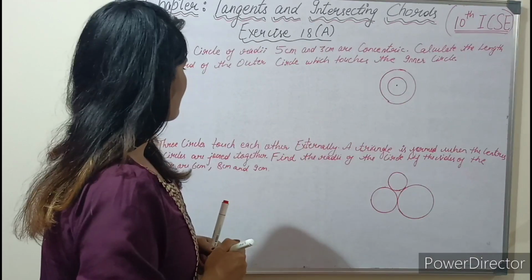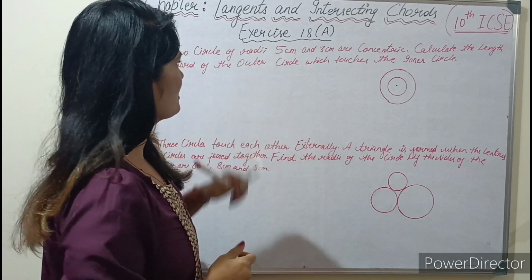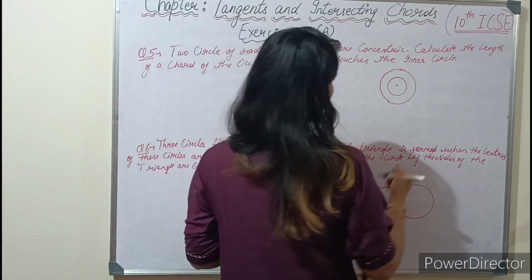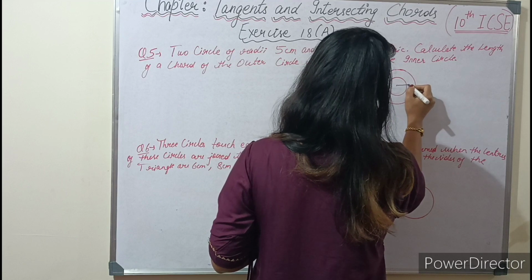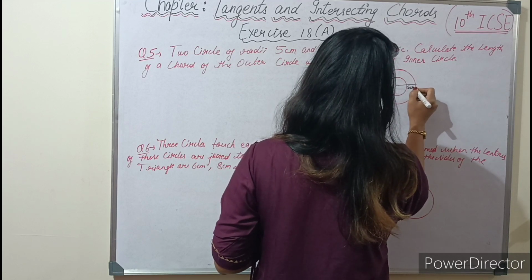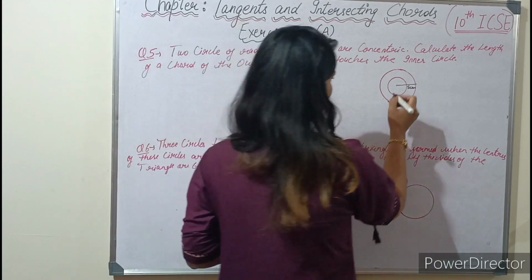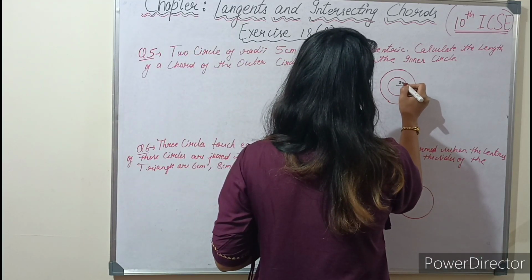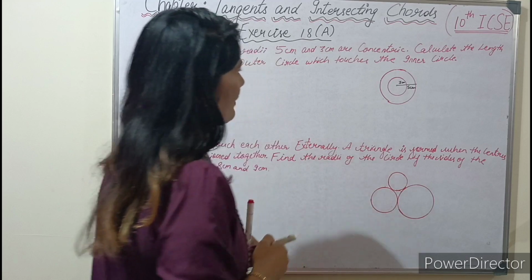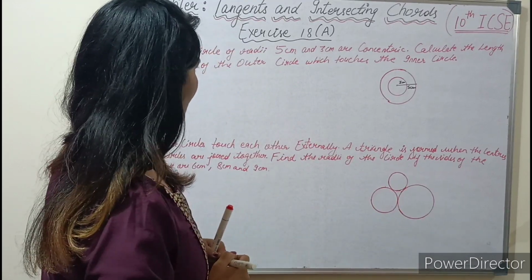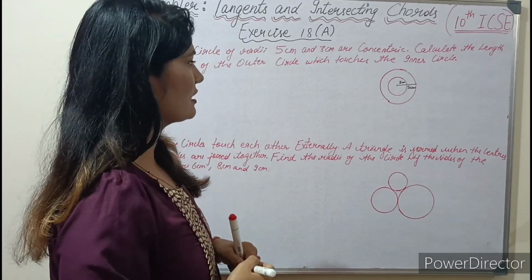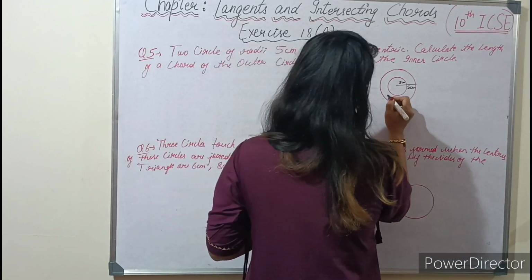So in this case, the radius of the bigger circle is given to you, that is 5 cm. So this is 5 cm. And the radius of the small circle is 3 cm. This is 3 cm. So you have to calculate the length of a chord of the outer circle which touches the inner circle. So if I draw a chord here,